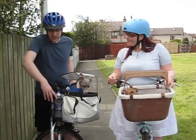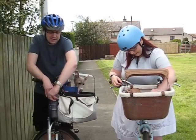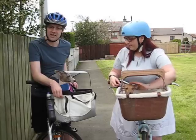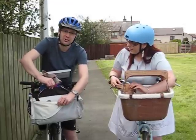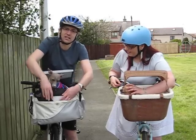Starting on my right, we have a mesh pocket for which I have a water bottle for the dogs. We have a small zippered pocket which I keep a bike lock and often my wallet and keys. In the front there's another large pocket the entire width, the buckle of which is actually broken, but it still works for what we need. It has dog bags. I usually keep treats in there,